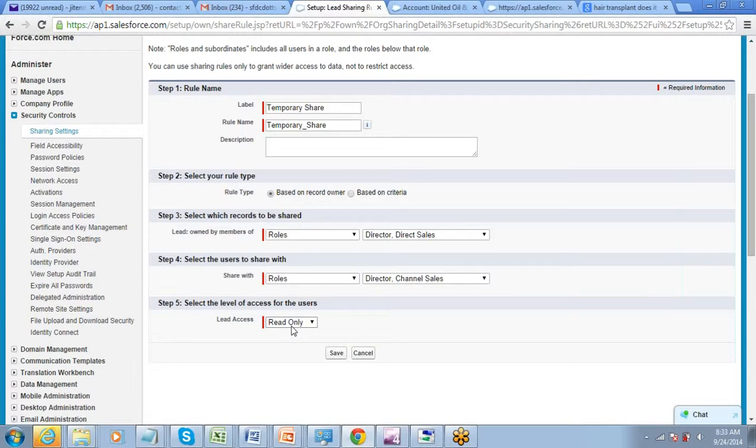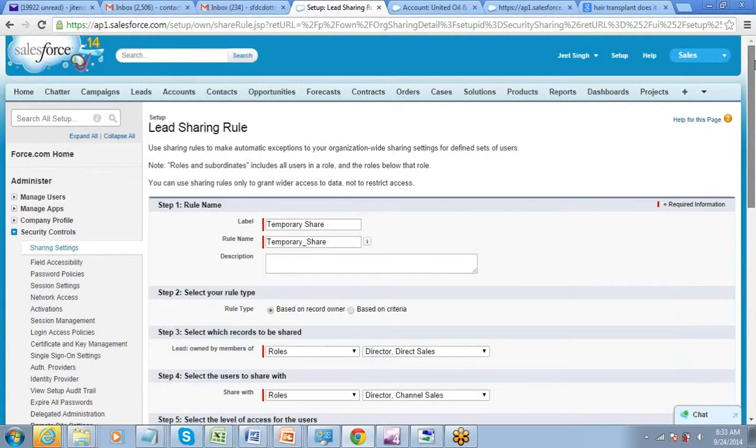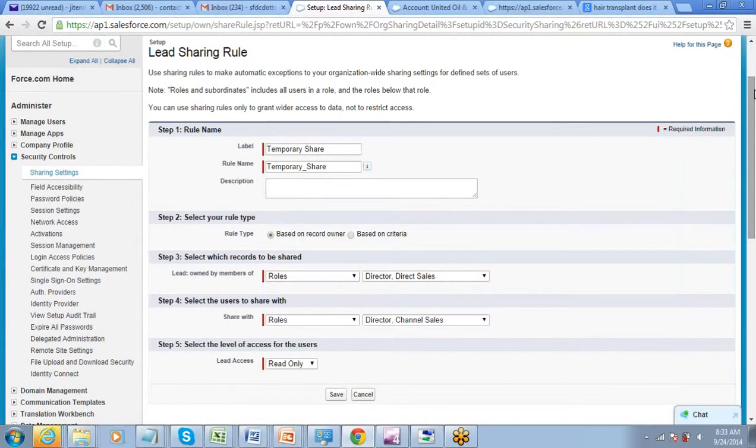You want to give it a read-only access or a read-write access? Okay, but this is a temporary thing which is being done. Any point of time, you can just go and delete this sharing rule. Got this thing? So that is about our sharing rule.